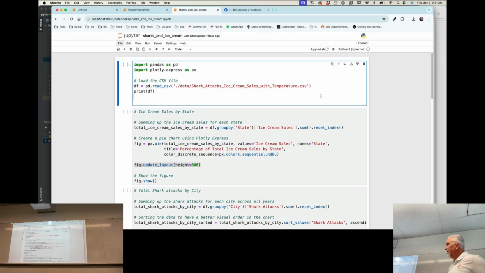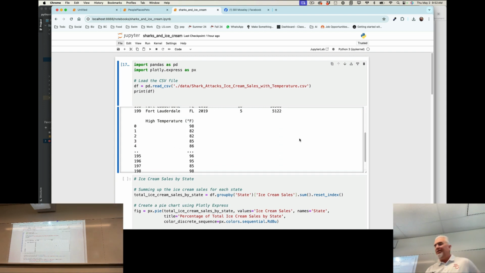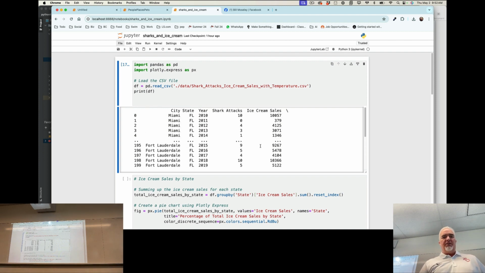So first thing we need to do in the Jupyter notebook is load, and we're going to import pandas, we're going to import Plotly. We are going to load the CSV file as a data frame, and let's just print that data frame for reference. Okay, you can see it's truncated here, but we've got city, state, year, shark attacks, ice cream sales, and high temperature. Okay, so if there's not enough room to display it over here, then it just shows that. So that is the data frame,